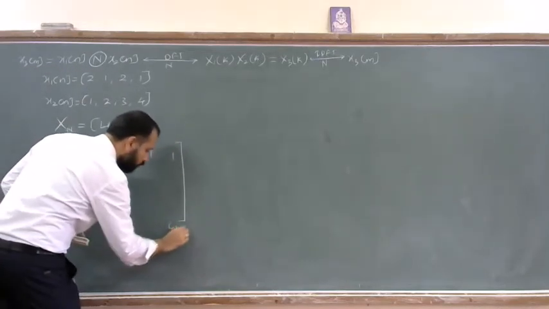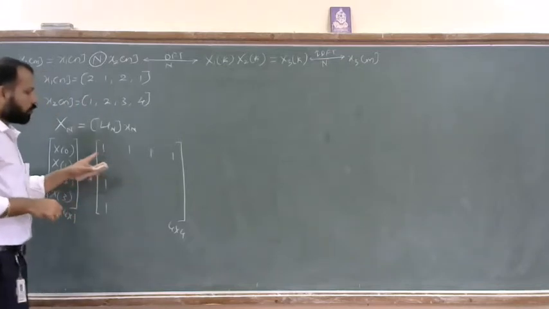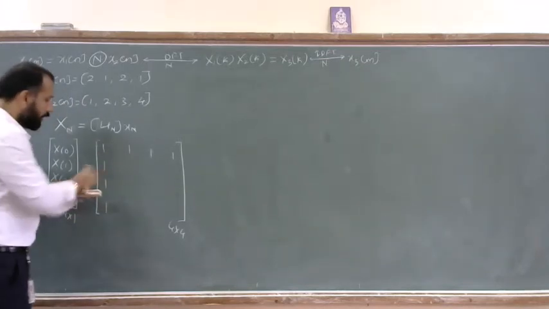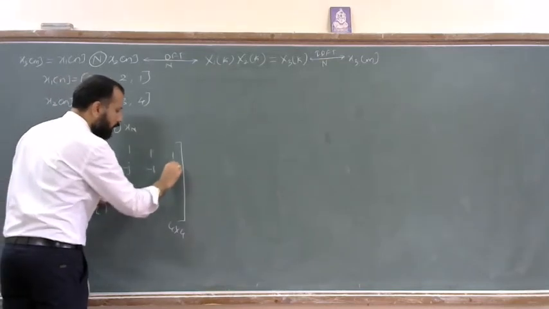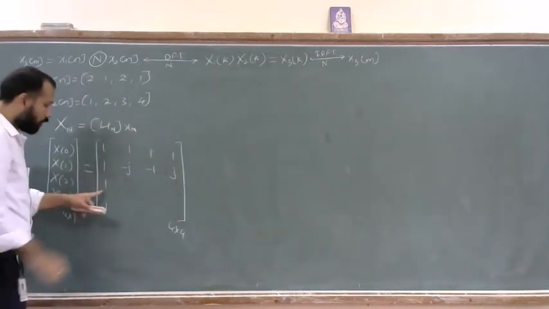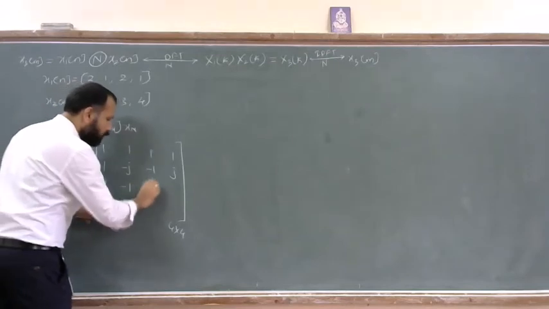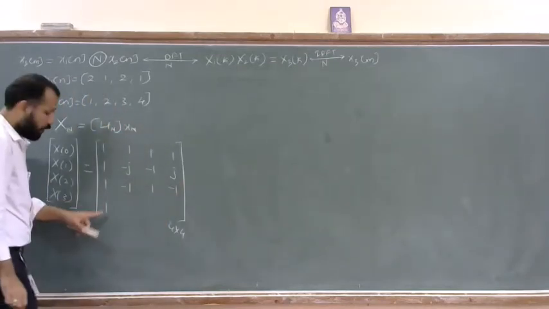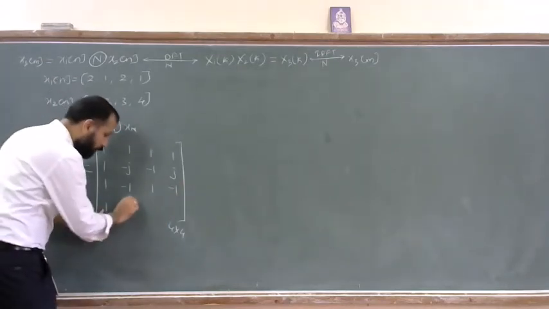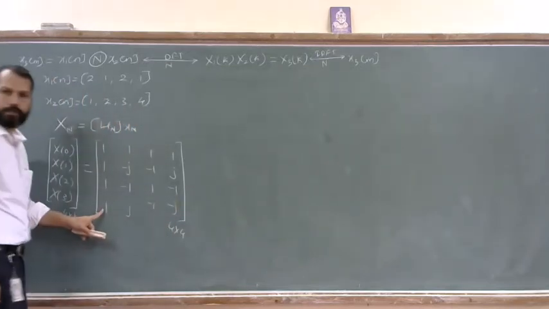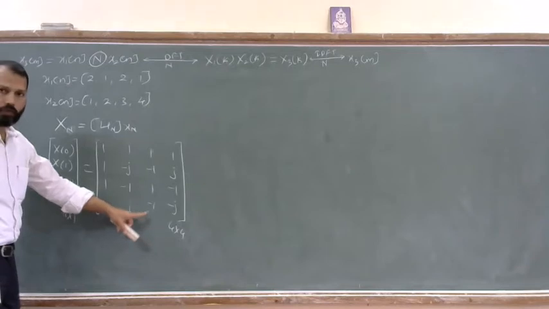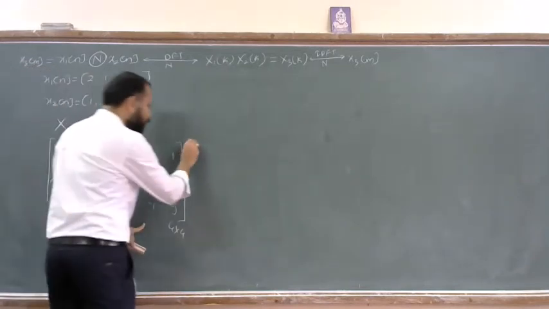This will be a 4 cross 4 matrix. First row elements will all be 1. Second row elements will be 1, minus j, minus 1 and plus j. Third row elements will be 1, minus 1, 1, minus 1. And last row elements will be 1, plus j, minus 1, minus j. So this will be a 4 cross 4 twiddle factor matrix which has to be multiplied with the